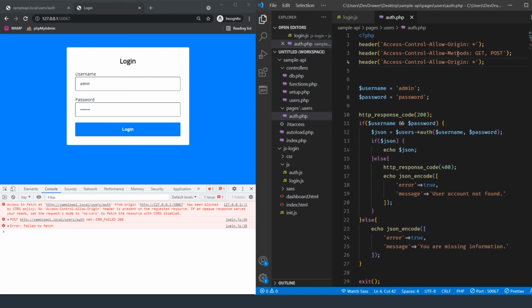Then we're also allowing the methods get and post. Right now I think the only thing that we're using is the post, if I'm not mistaken. I believe the fetch that we're going to be sending over was a post, but just having get on there is also something worth having. So we're also going to have allow headers, and we're going to allow all headers, again wide open,